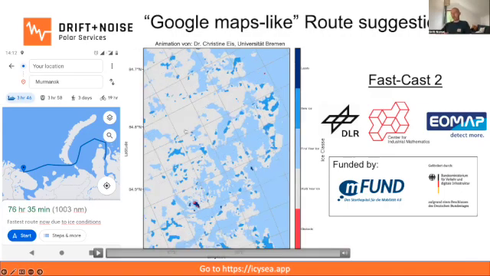And our boss calls it the Google Maps of the Arctic Ocean. This is one of the projects that we work on as well, to not just leave you alone with the data, but also give you a suggestion of where you could go or what looks most promising for the type of ship you're in.